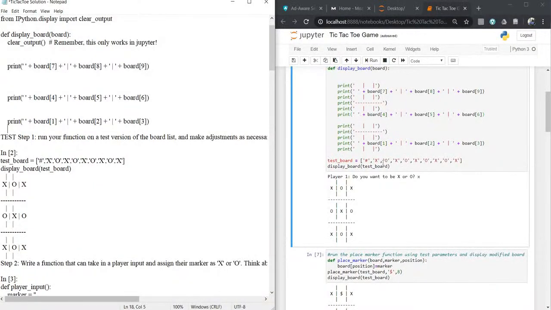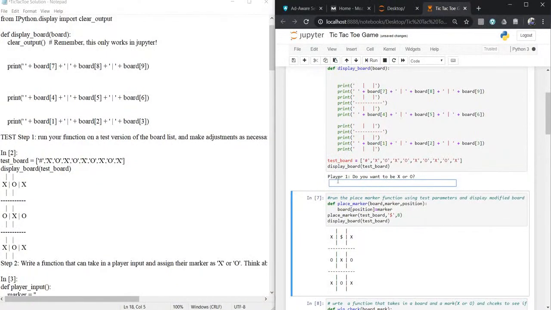This is a simple step. You will assign the values here: X, O, O, this is an empty one. X, O, O, this is for the 0 value, that's why 0 to 9 values. X, O, O. After entering this, it will ask you, Player 1, do you want to be x or o?